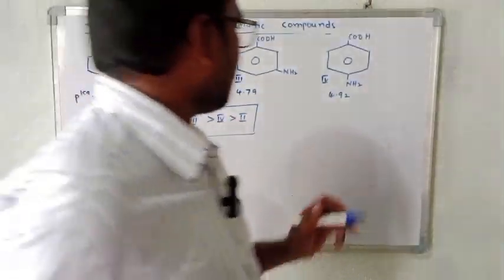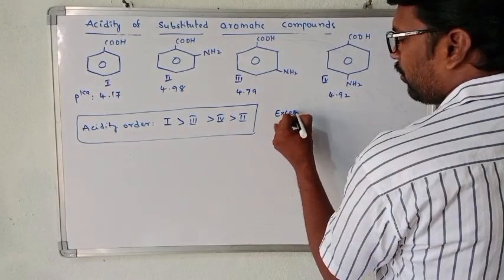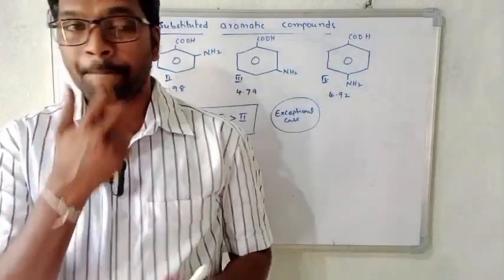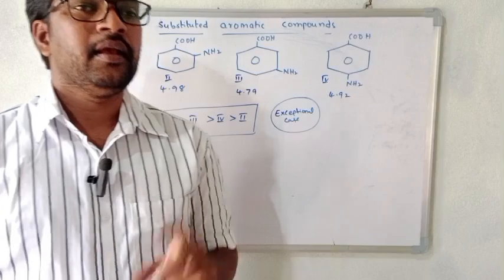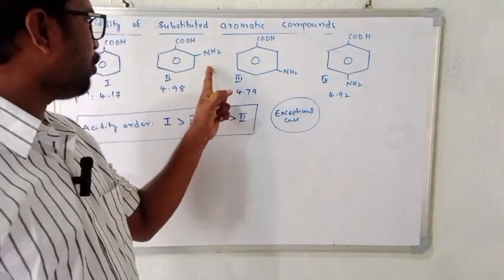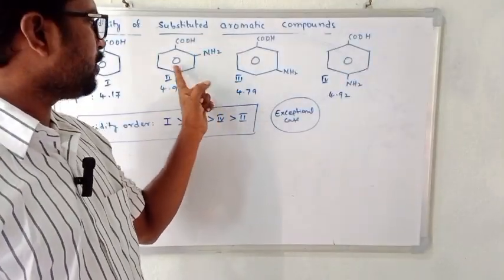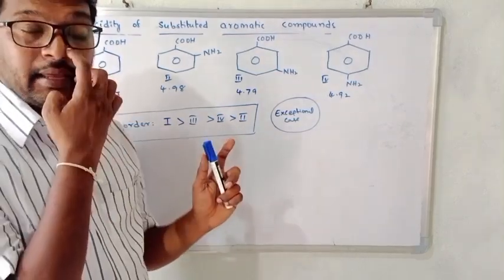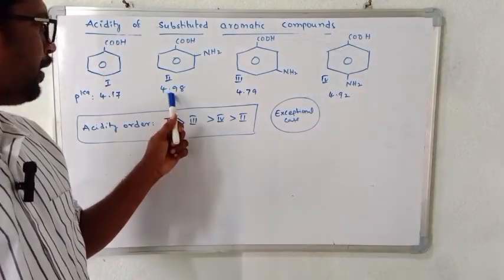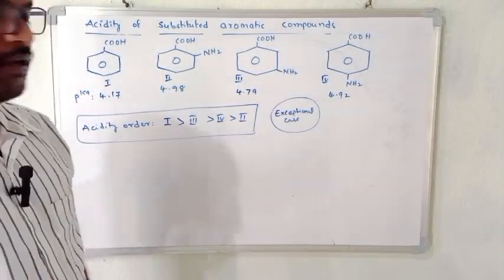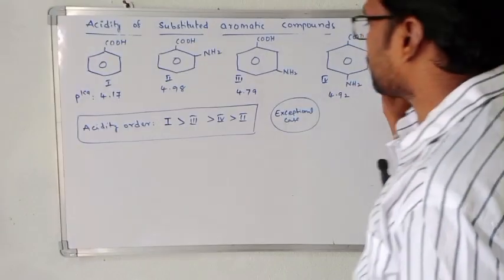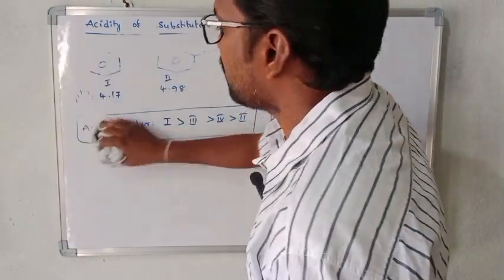So remember this, it is an exceptional case. It is important, and it is asked in examinations because it is an exceptional case. Except this, in the remaining conditions that you studied, irrespective of the group present at the ortho position, it is more acidic. But here the ortho group containing an amino group, ortho amino benzoic acid, has the least acidity. We can explain that acidity according to pKa values: the compound with the highest pKa value has less acidic nature, so it is an exceptional case. These are some examples, in which we can explain acidity by taking the same group as